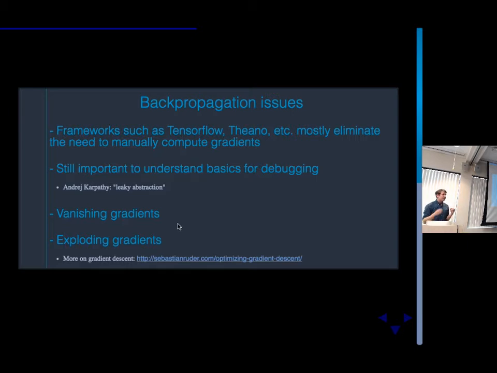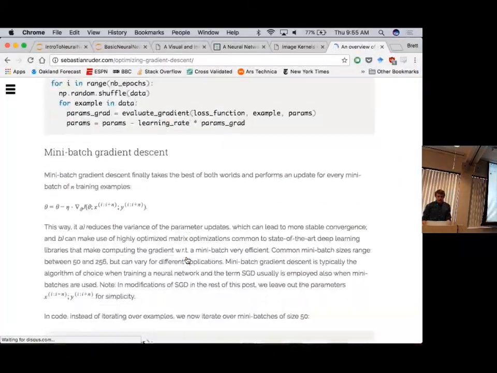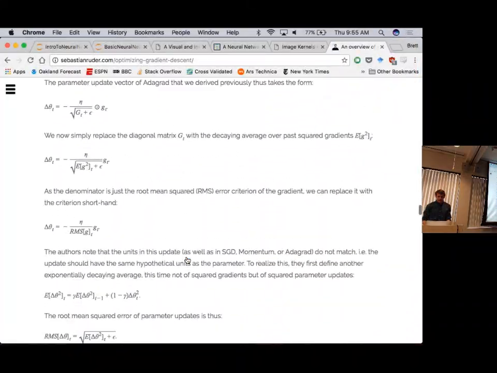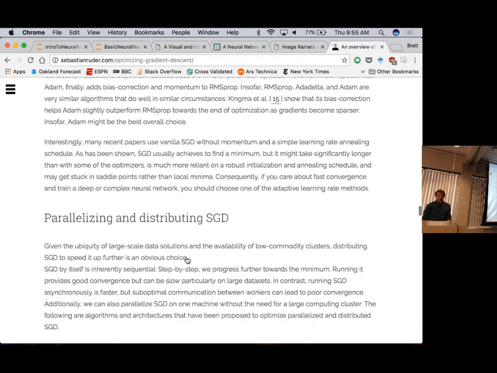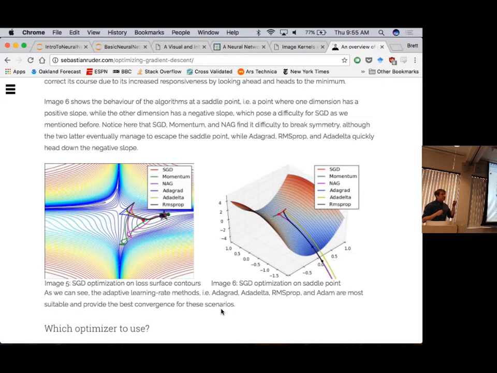We already talked about this idea of vanishing gradients, so I'm not going to go into it much more. There's all sorts of cool stuff on gradient descent out there, so I'll post the slides and you can check out this link if you want to learn a whole lot about gradient descent. All of these algorithms are just different ways of choosing the step size in gradient descent. As you are moving in a direction and you find that your objective function is getting better and better, some of these will get greedy and start accelerating. They're called momentum-based updates. If a direction looks promising, you start out taking really little steps, and then as it gets better, you really start going for it.